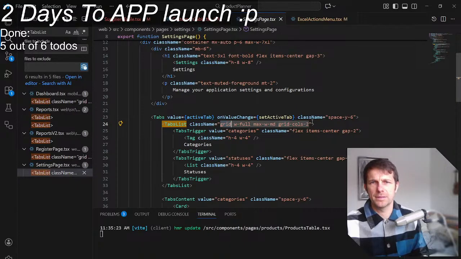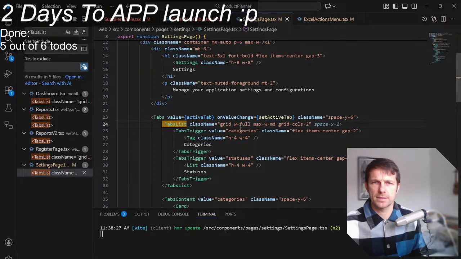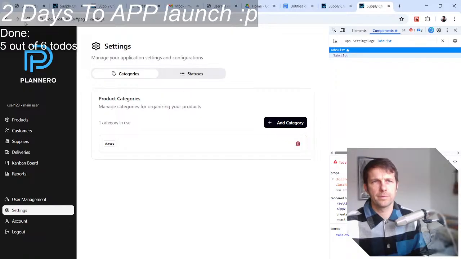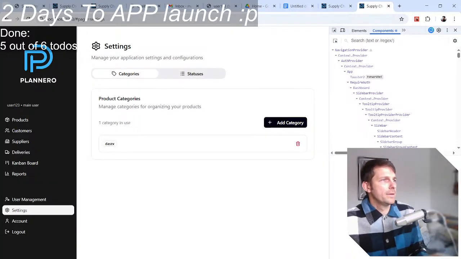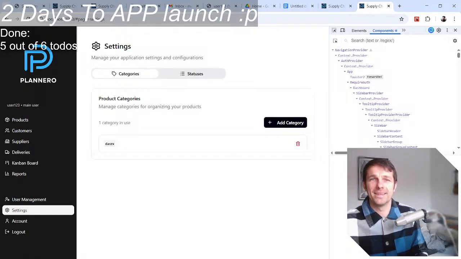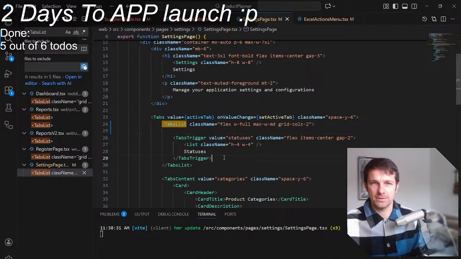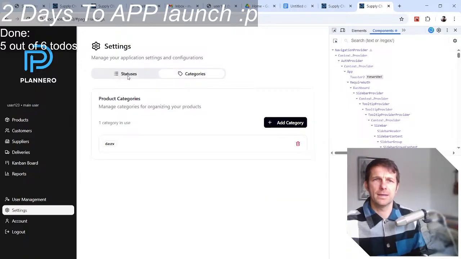Why is it not? Let's just display style. Okay, let's just have a flex. Is it gonna be better? Yeah. Okay, I like it now. So yeah, solved. And this one was really annoying me for so many days now. So good actually. I just want to have this one first and this one second. So settings, statuses, categories. Good. I don't know actually if I need those categories, but maybe for now I'll keep them.